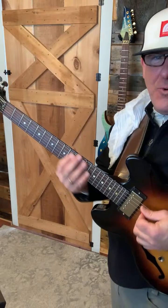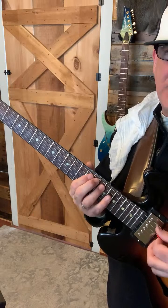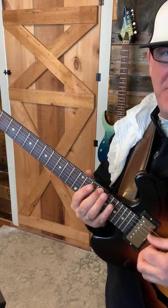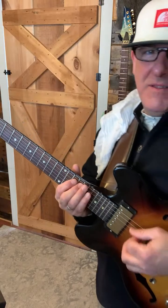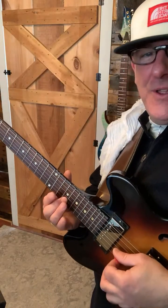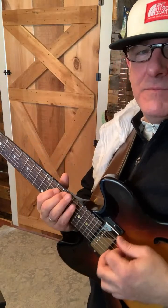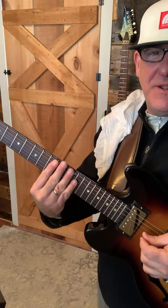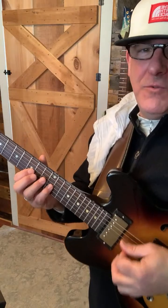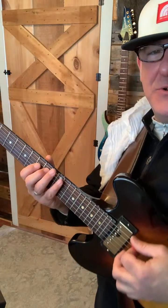And then pattern number 4, so we had 1, 2, 3, 4, and then we have pattern number 5, which is going to be fingers 2 4 2 4 1 4 1 4 2 4 2 4. Only we'll start here in position number 9, and 2 4 2 4 1 4 1 4 2 4 2 4, and the tonic, whether we're playing major or minor,